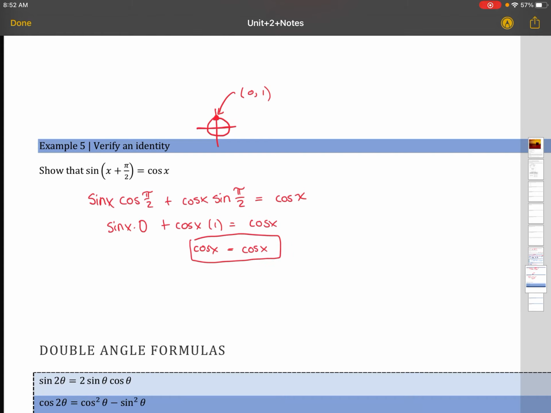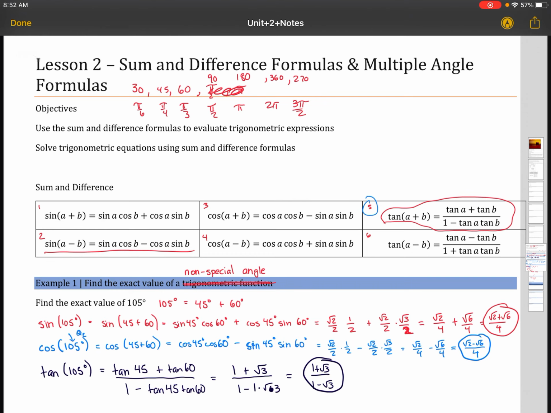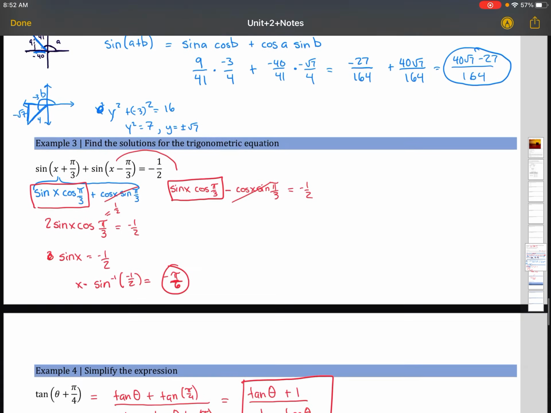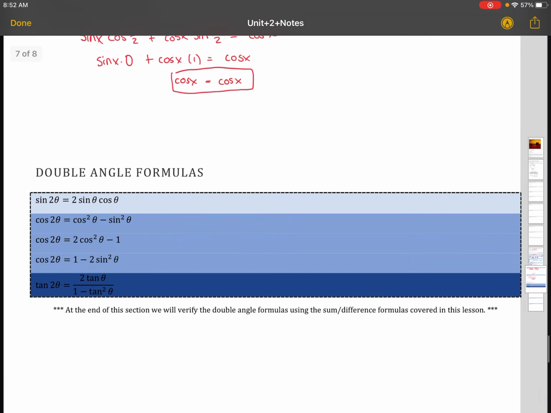Cool. All right, so all of that is the addition formulas, the sum and difference formulas. All you need is the formulas to do this, and again, you'll be given them. You just have to substitute them in. For the double angle formulas, sine of 2 theta is 2 sine theta cosine theta. Cosine 2 theta has 3 different formulas, and they're all based